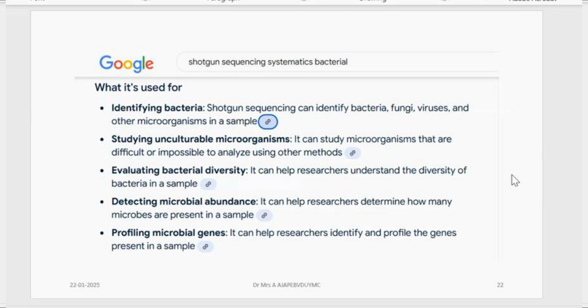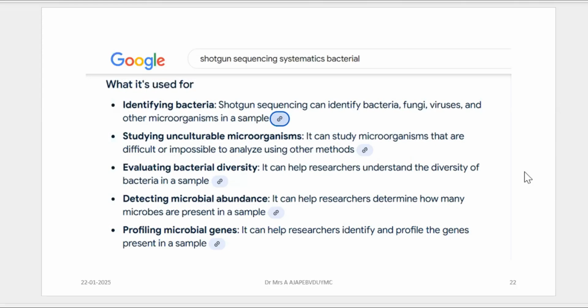What was the difference between amplicon-based sequencing, that is PCR amplification? You have a specific region that is selected, so marker genes are there. Based on that we do sequencing, based on that we do identification, based on that we do phylogenetic analysis and group the organism in the respective phyla, taxa, genus, species, like that, right?